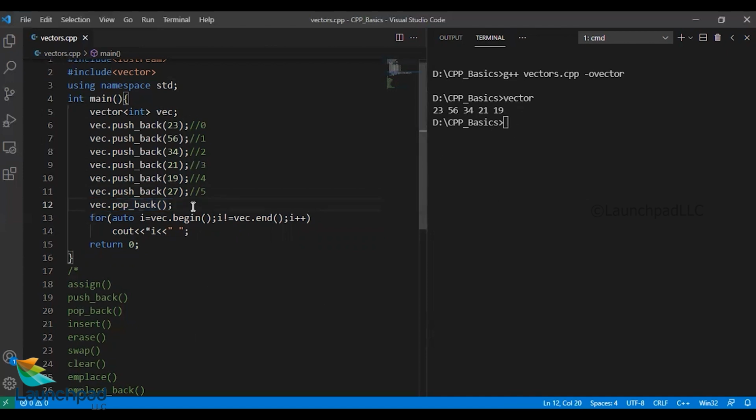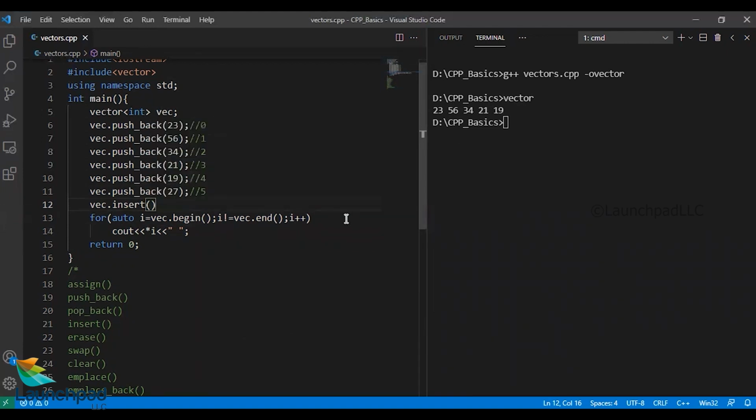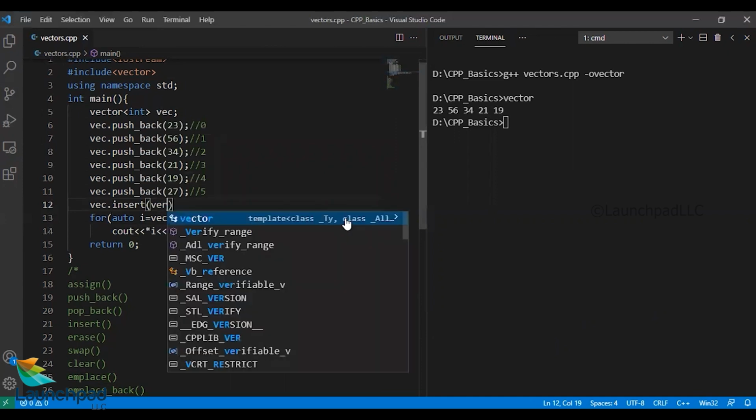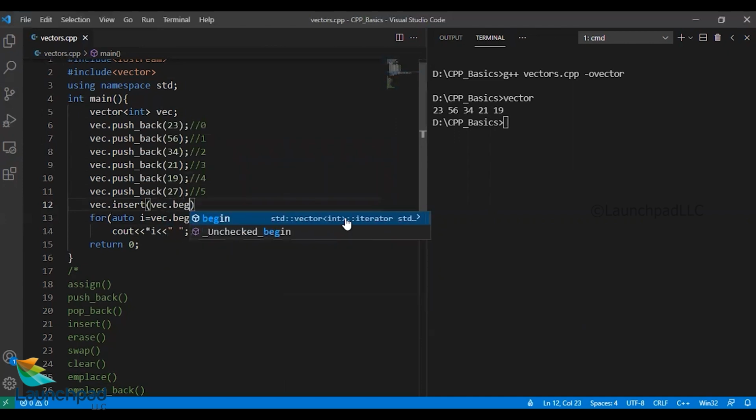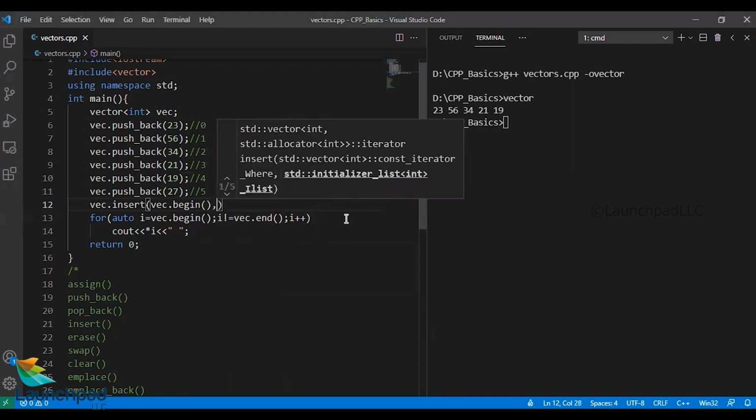Now let us talk about inserting. Vec, instead of pop back, I'll say insert. We have to provide an iterator as the first argument. So I'll say vec dot begin, comma, and instead of 23 in the beginning, I will put the number 51.